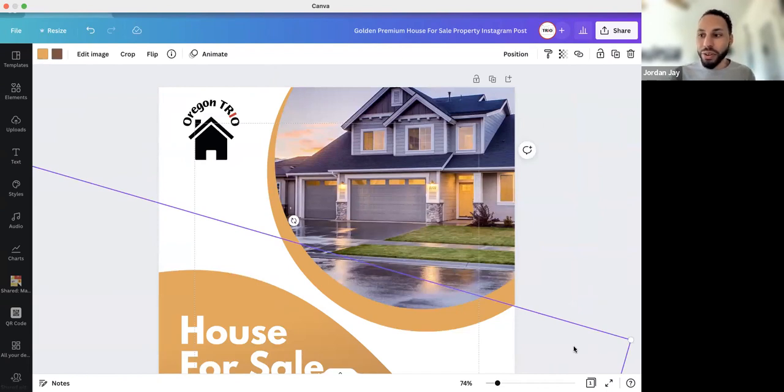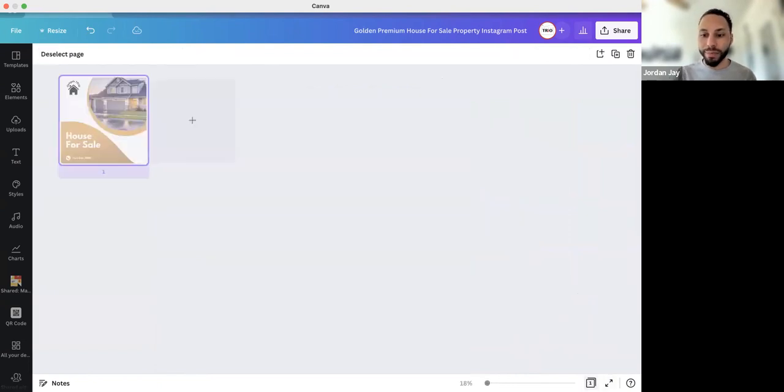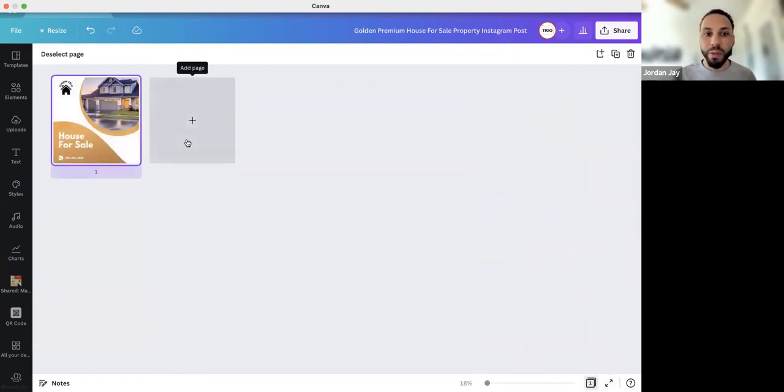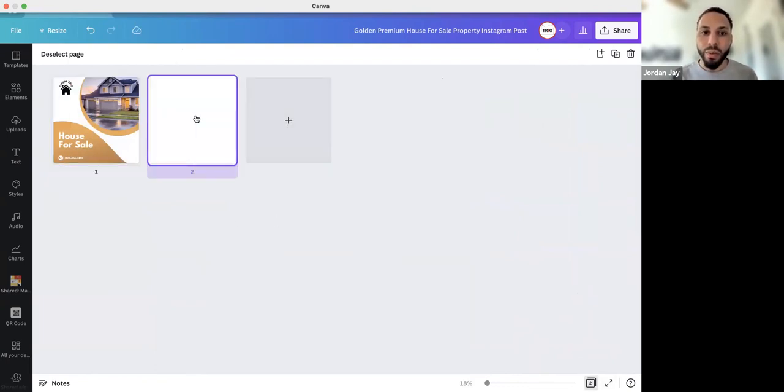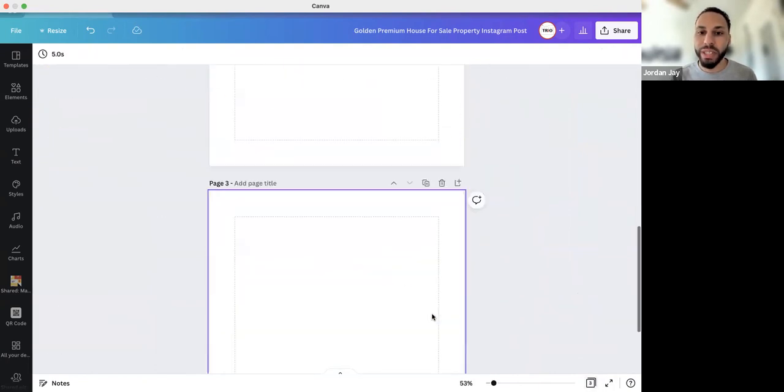Another thing I'd like to show you is the grid view on the bottom here to the right. We have the grid view and the full size. If we have multiple pages, grid view is just a great way to access them. Once you do have multiple pages and you're off of it, it'll all just be scrolling.